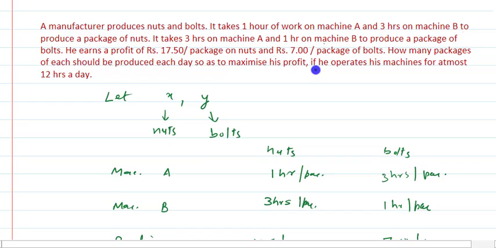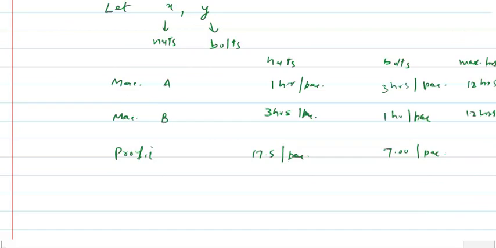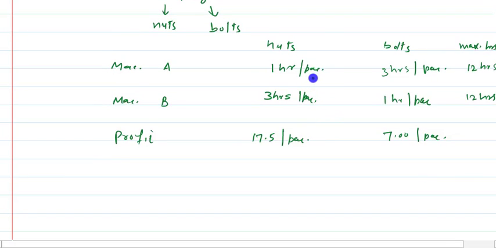Next, it is given that he operates his machine for at most 12 hours a day, means maximum working hours we can write over here. It is 12 hours in each type of machine, for machine A as well as for machine B in a day. By using all this information, we can have the inequations as